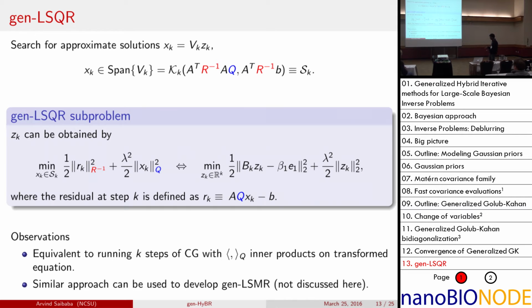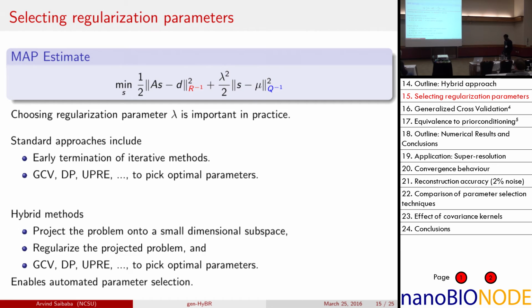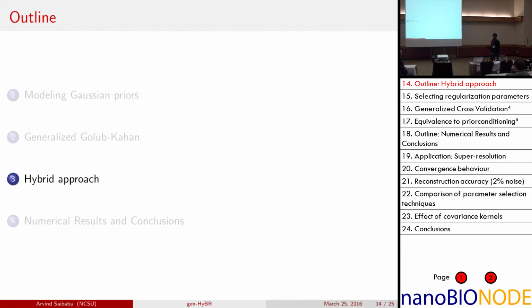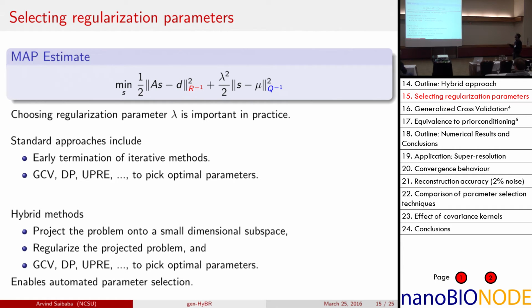And like I said, we can use this to develop a generalized LSMR, but I won't discuss this here. So now I want to talk about the parameter estimation problem, and for this I'll use a hybrid approach. To motivate this, estimating this parameter lambda is quite important in practice, and there are many different ways to